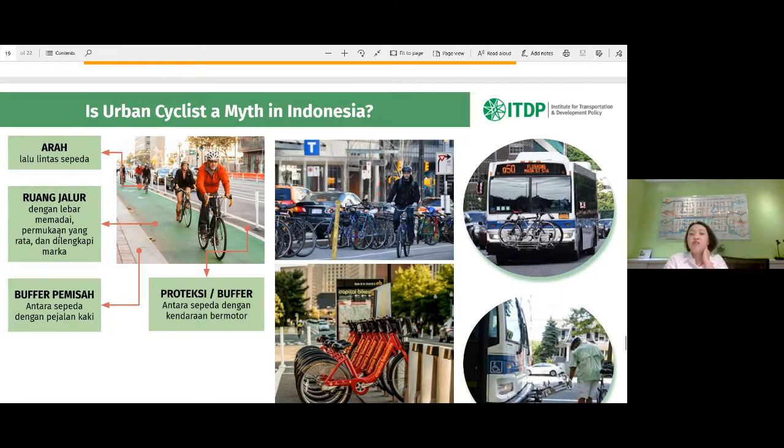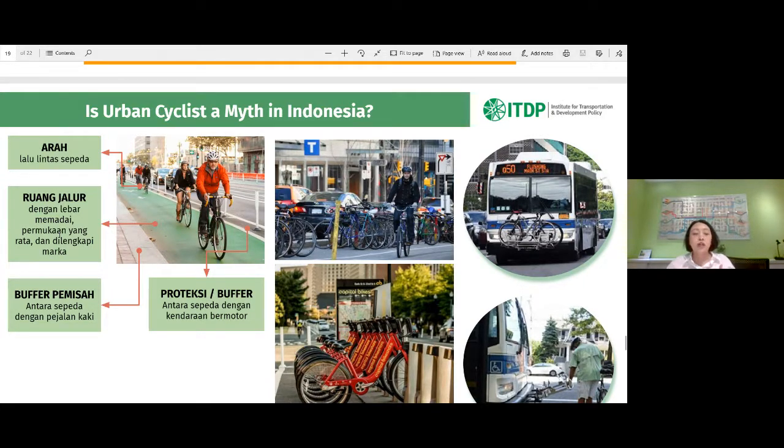Cities also have to provide more parking for bikes in strategic places like public transport, provide bikes through bike sharing programs, and allow people to bring their bikes onto public transit to shorten the distance. Basically, it's to make it more comfortable and easier for people to use the bike.